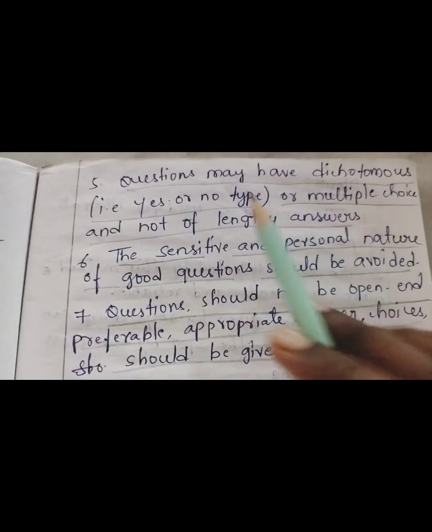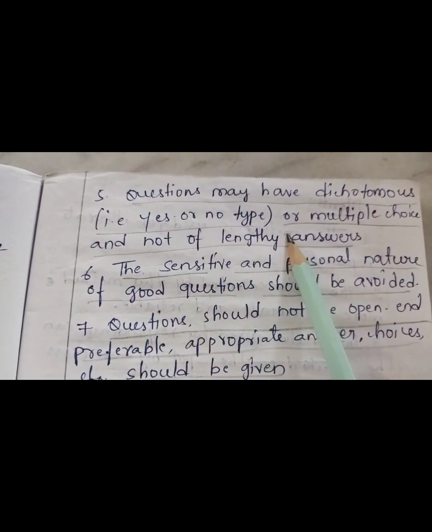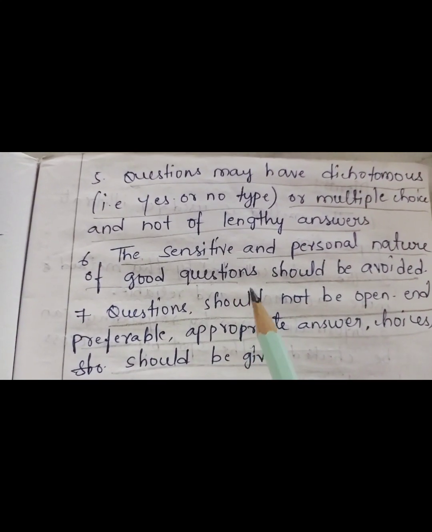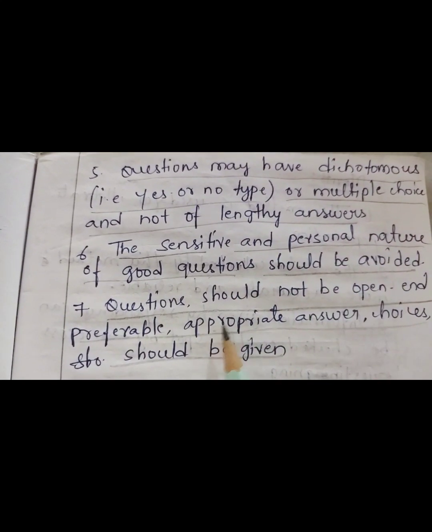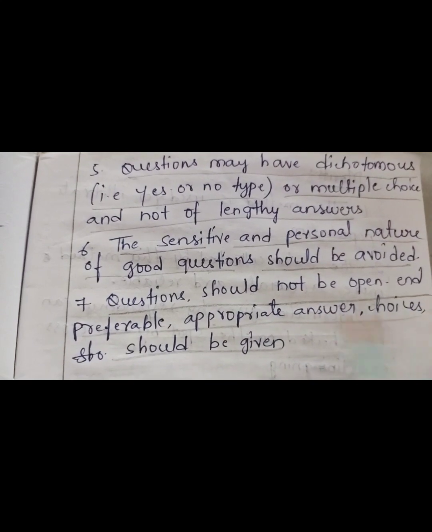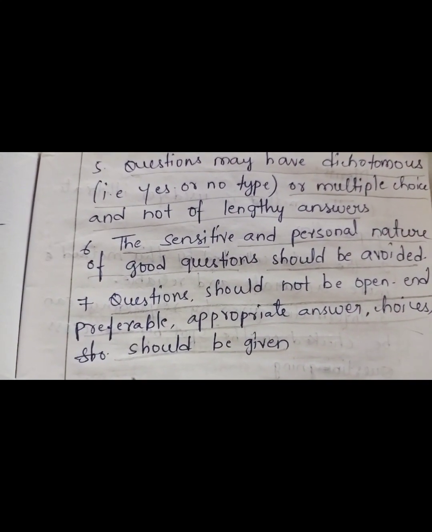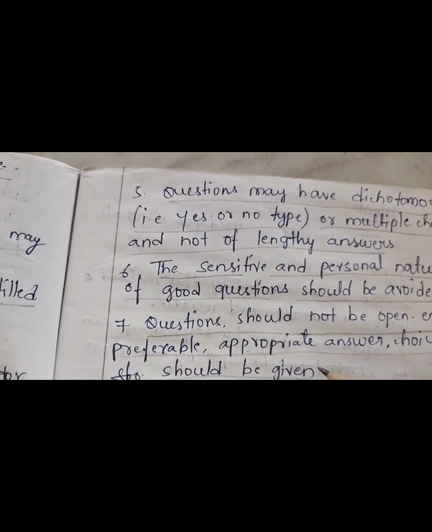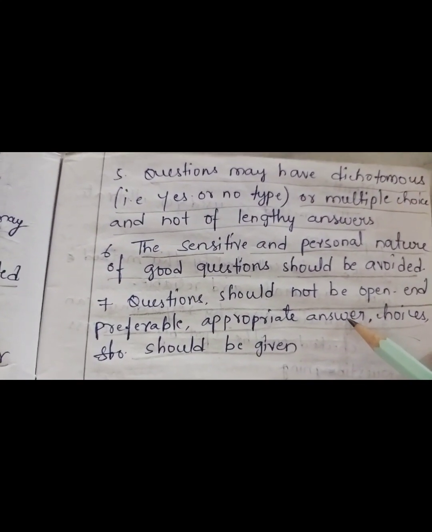So next, the fifth point is the question should be a yes or no type, or else multiple choice questions must be given. Next, sensitive questions or personal questions should be avoided. And the last one is, questions should not be open. Appropriate answer choices should be given. We have to give the exact, relevant choices to answer and make it easy